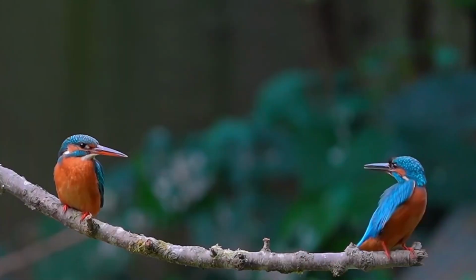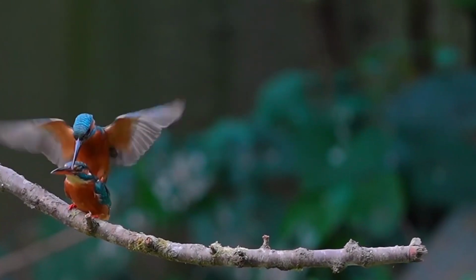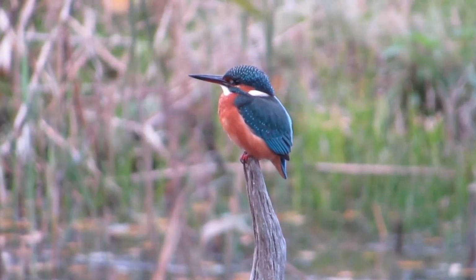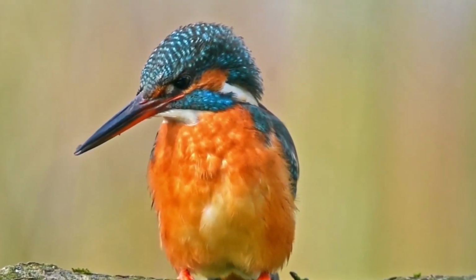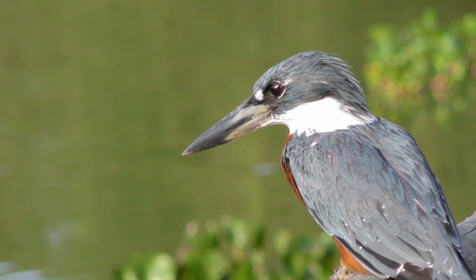Outside of Asia, there is one other location that is particularly impressive for its density of species. Although it is worth noting, while Africa does play host to many interesting kingfishers, the total species count and levels of endemism here are nowhere near those seen in Asia. Of the 20 species found on the African continent, only one is endemic on the country level. Surprisingly, although kingfishers do exist in the New World, the great rainforests of the American continent are home to just 6 species. There is, however, a small number of blissful locations where kingfishers abide in close proximity to one of